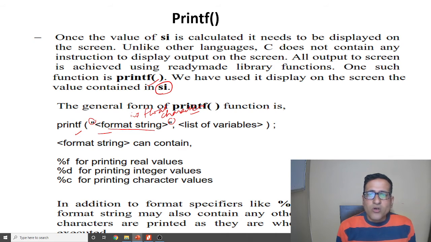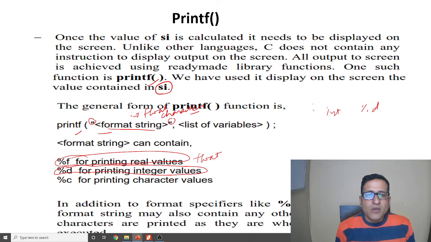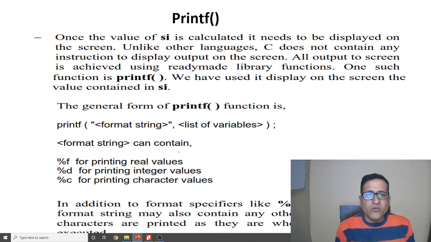For int we will use %d. You can see here %d is for printing integer values. %f is used for printing real values, means float values, and %c is for printing character values.